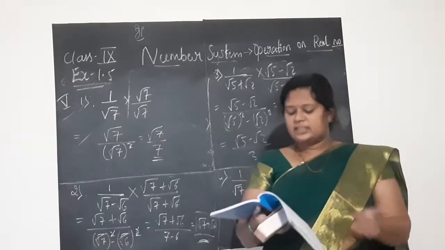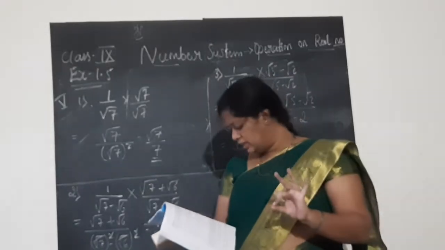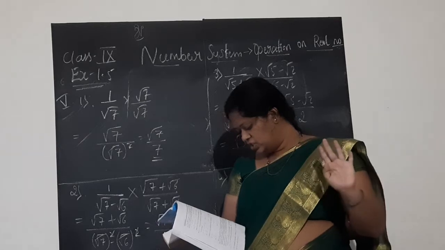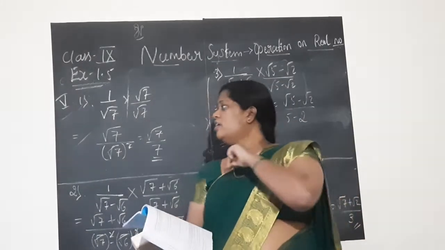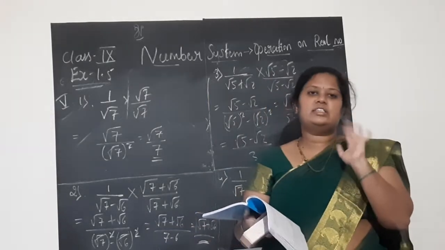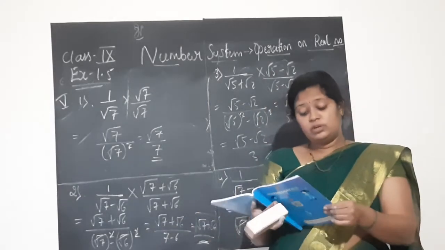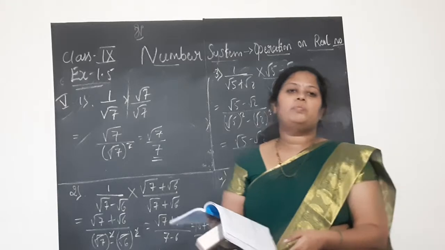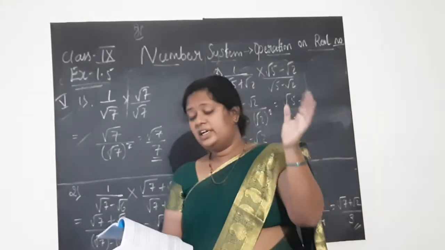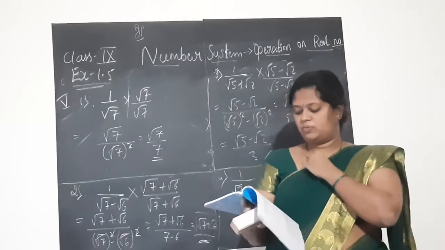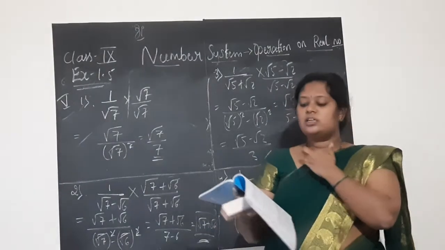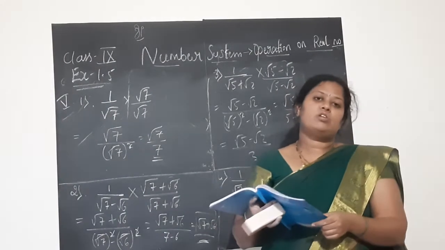Done, Exercise 1.6. We have only 3 mains with 4 problems each. So hardly 4 plus 4, 8 plus 3, 11 problems we need to solve. Fatafat we will do and finish this lesson. Let us next move on to the new lesson. So I am not going to solve any example problem, children, since you have studied one whole unit with this law of exponents. I don't want to solve any example problems. Directly I will go to the exercise. Don't forget to write all these 4 laws of exponents.